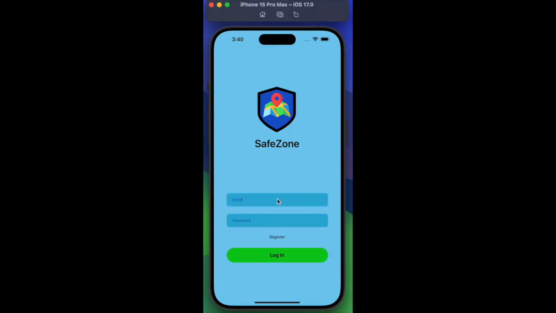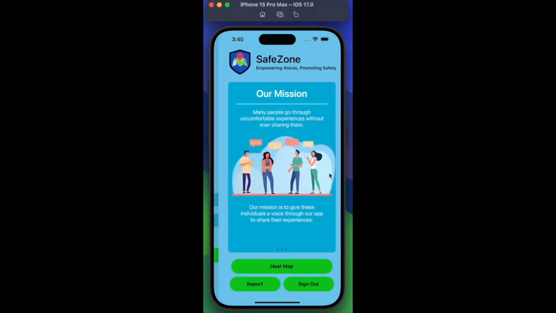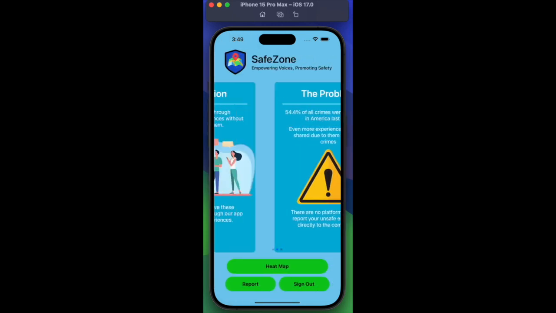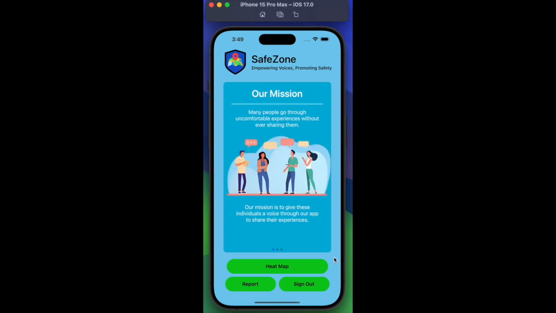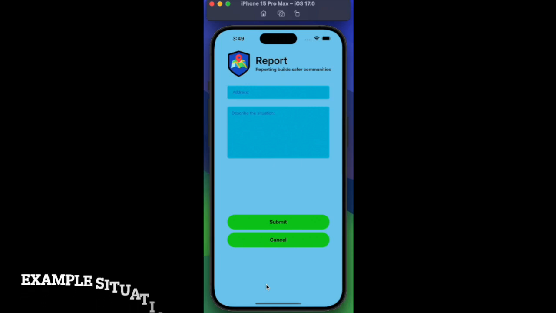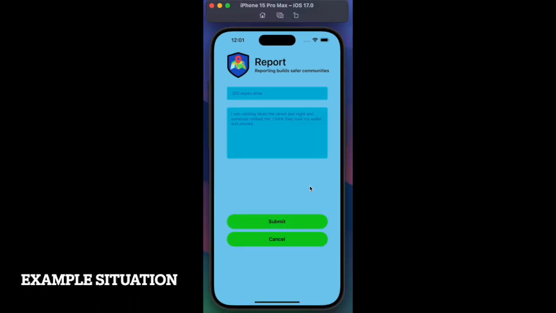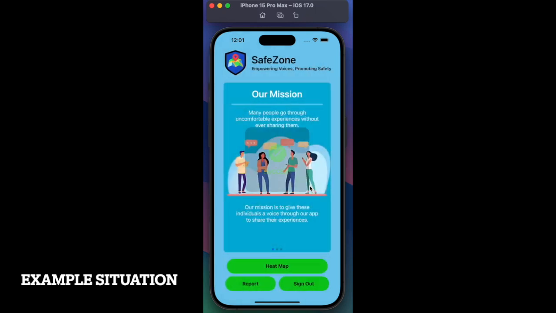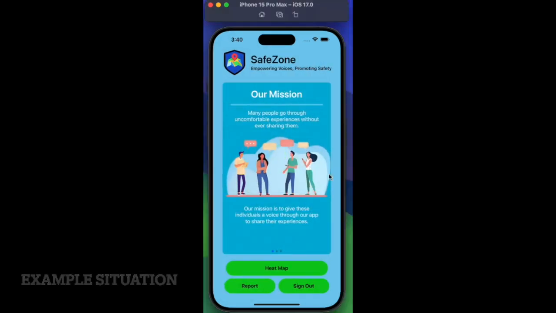All right, so now let's look at a live app demo of SafeZone. As soon as you open the app, you are met with a login and sign up page, and you sign in using your email. All right, now let's go through an example on how someone can report their social injustice experience. All right, so we're just going to put an address up at the top and a sample description at the bottom, and then we're just going to hit submit. All right, it submits successfully.